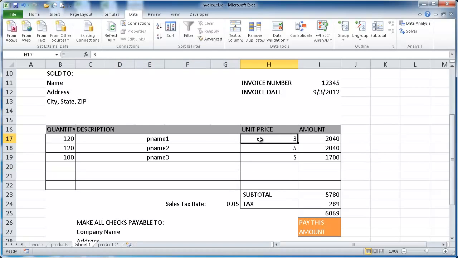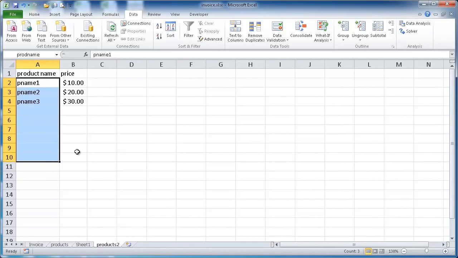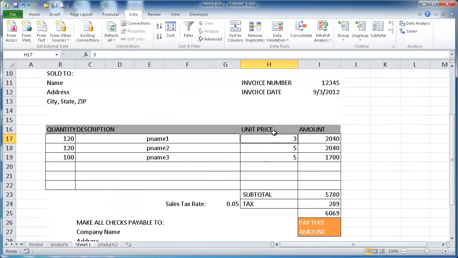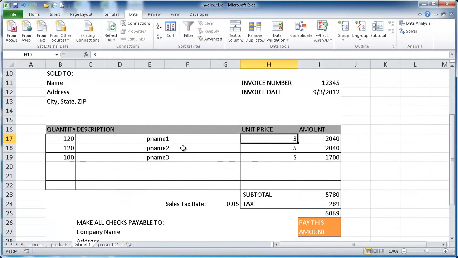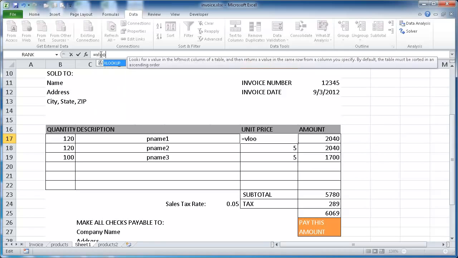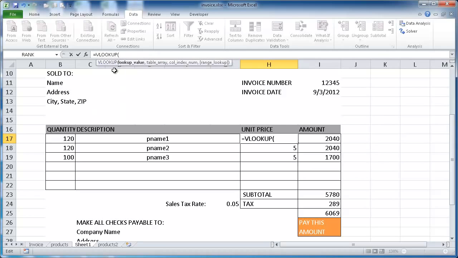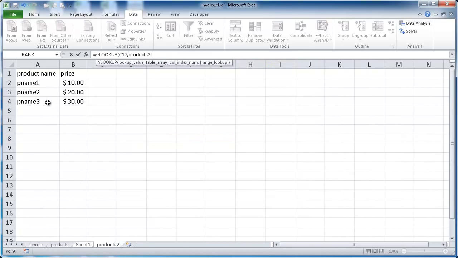Now, how do I get the price to come over automatically? Well, that's going to be a VLOOKUP. So what I want to do is create a VLOOKUP for that product name. If it sees product name 1, bring back $10. Product name 2, 3, bring back the respective prices. So I'm going to type equals VLOOKUP and tab to complete that. Look up this name under this table, the table array, which is here,